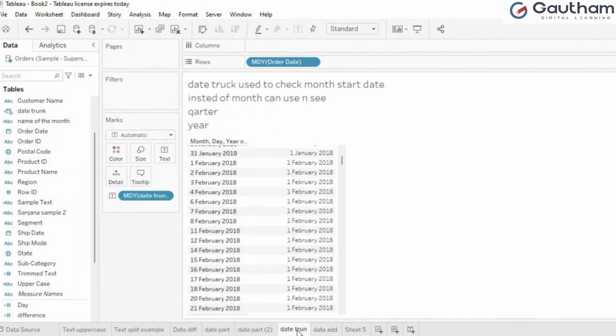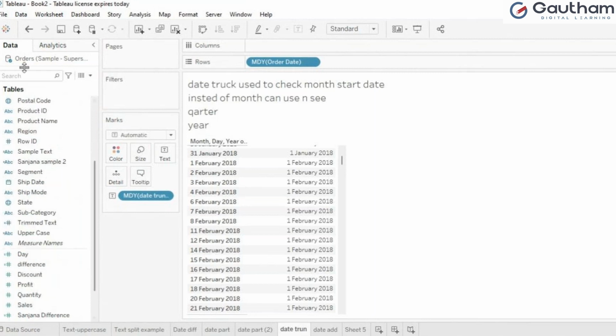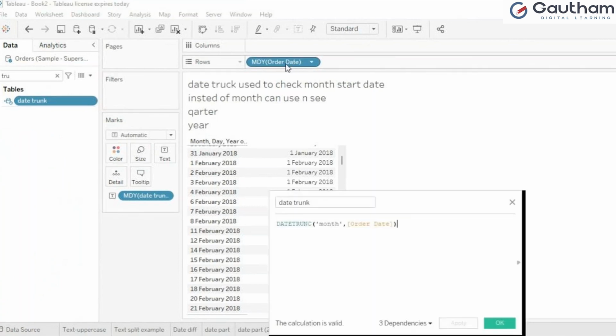See, date trunk. It means like I'm doing the date trunk. How can I do this? Let me edit date trunk here. I have created. Let me type. Which I have created here. Why I'm editing only this? Because everywhere I have taken order date and I have changed the order date into custom. Go to a discrete option in the drop down and go to custom. There you have changed to MDY, month, day, and year.